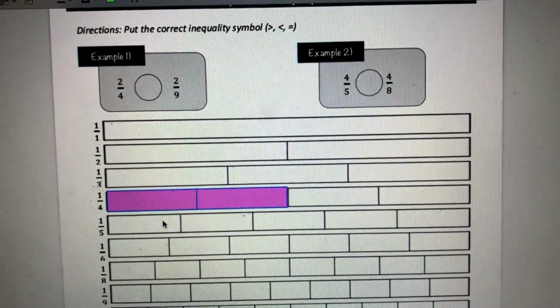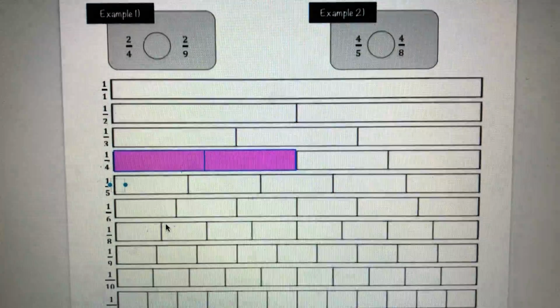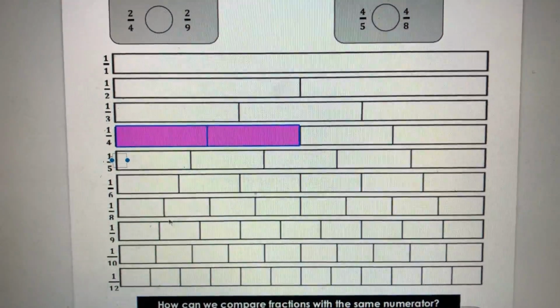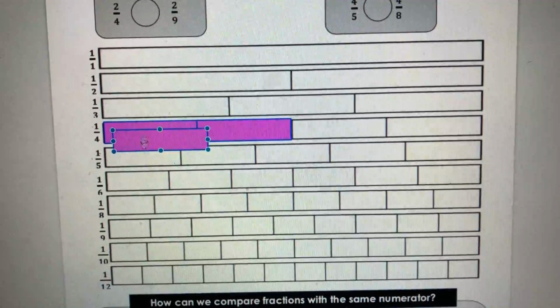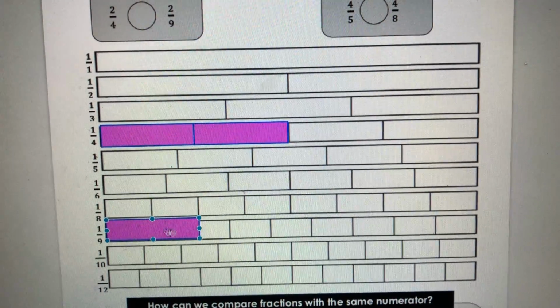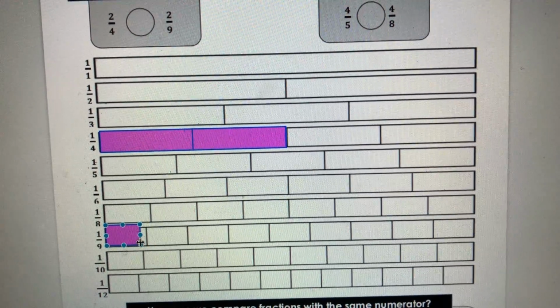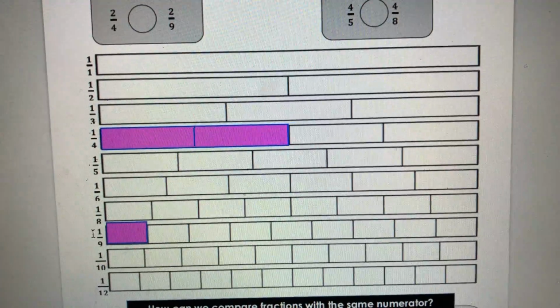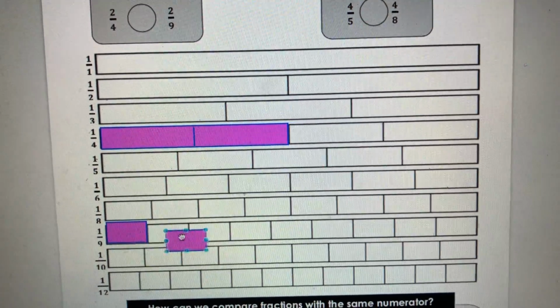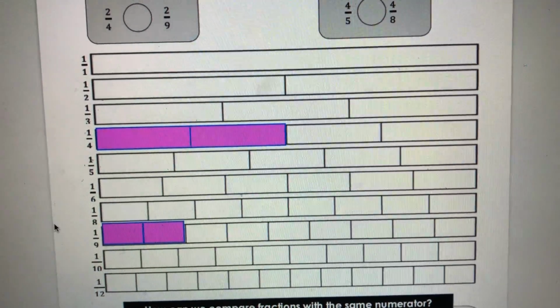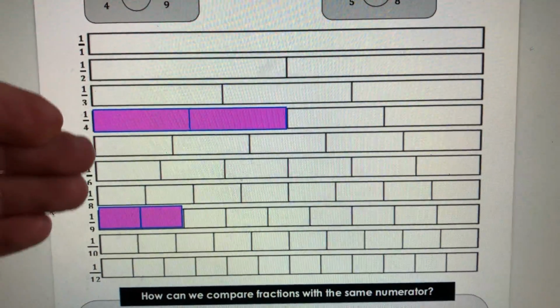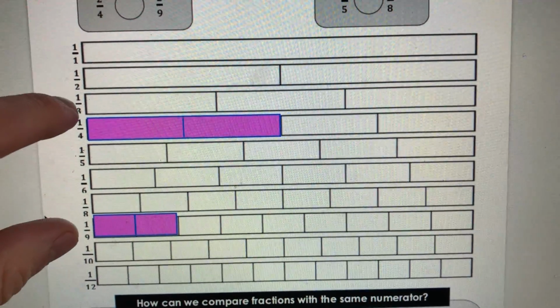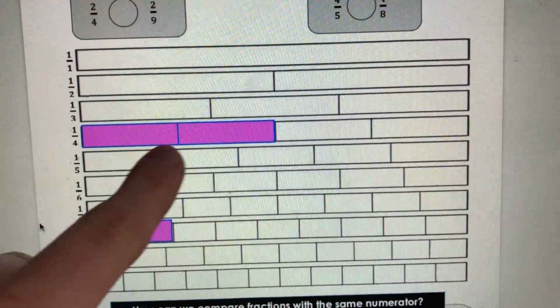I now have 2/4 filled in. If I do that with 9ths, I have 1/9 right here. I need to line it up to my 9ths. There. And 2/9. We can see that these wholes are equivalent, since they take up the same amount of space,